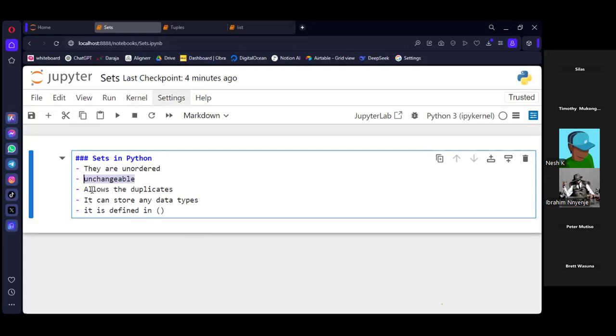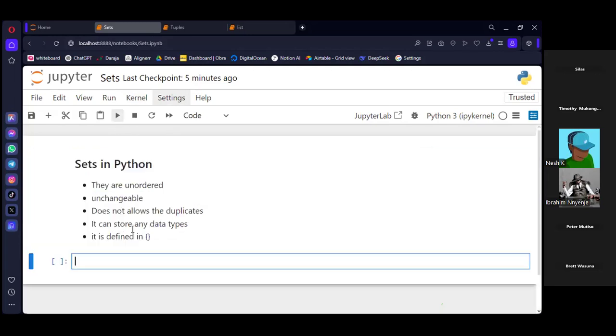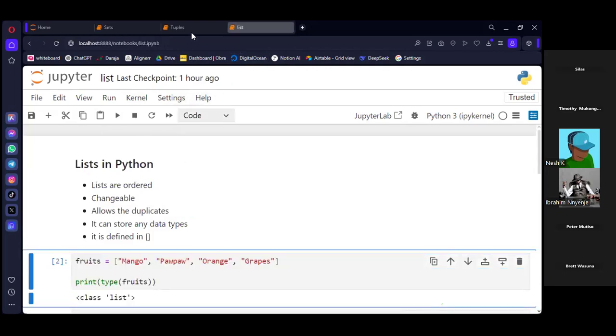They can store data of any type, and they are defined with curly braces, like these curly brackets. So we want to demonstrate this one also.